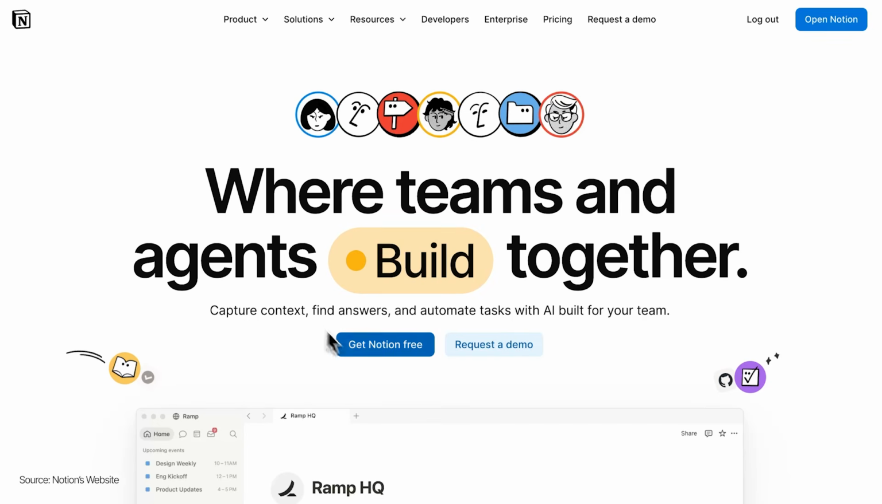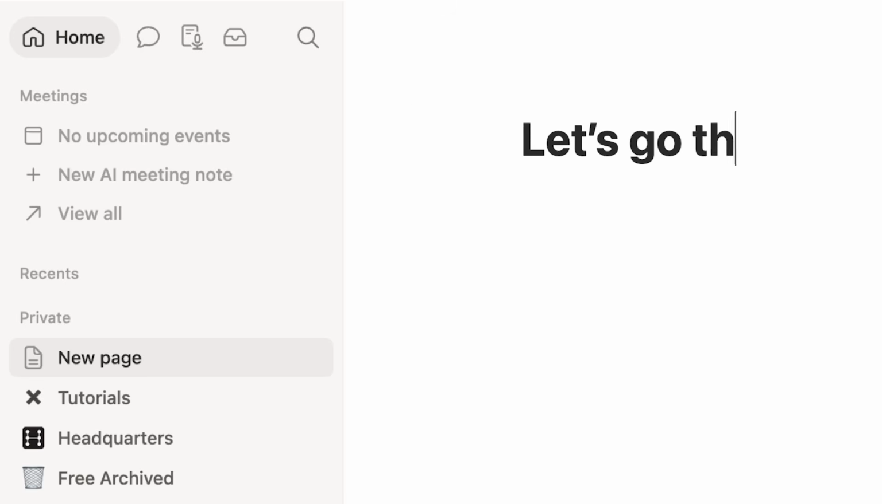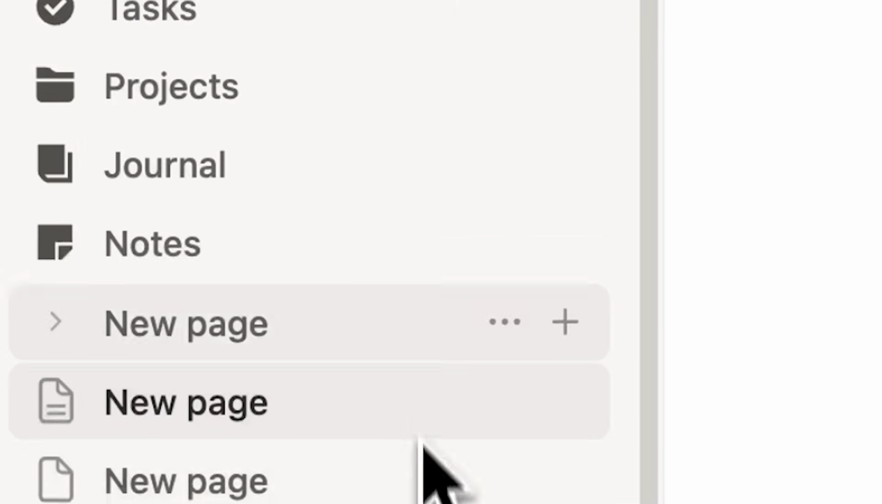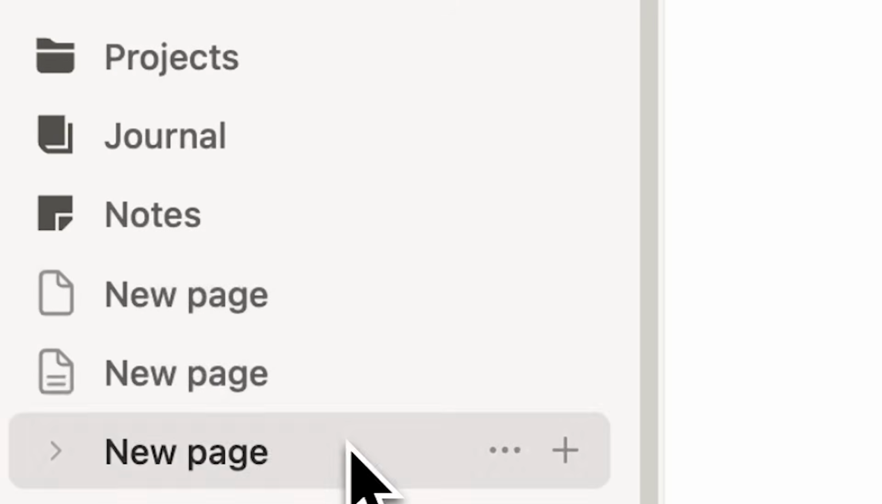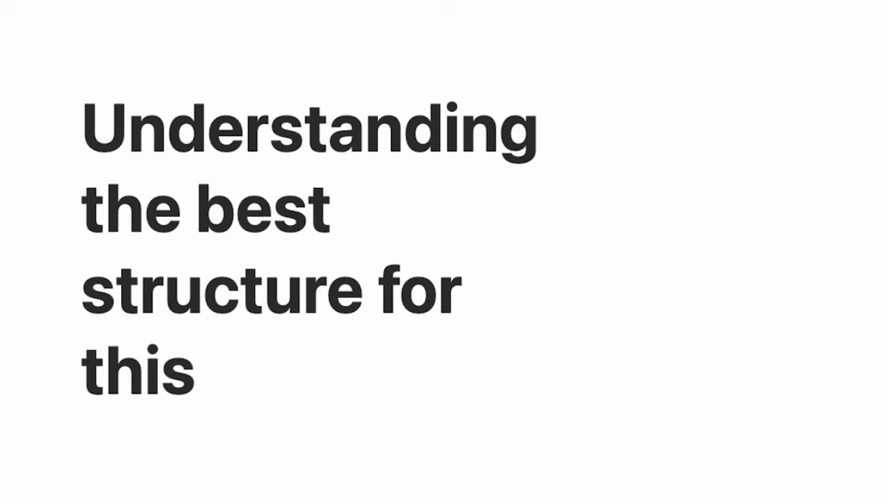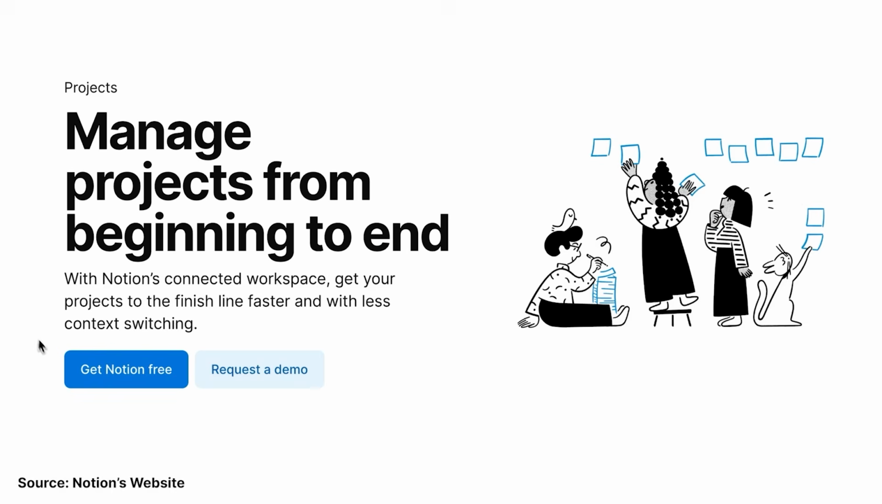So you've set up a brand new Notion account. Let's go through the side menu in Notion, how it works, and how it relates to the individual pages inside of Notion. Understanding the best structure for this is absolutely vital for your organization and for just getting the most